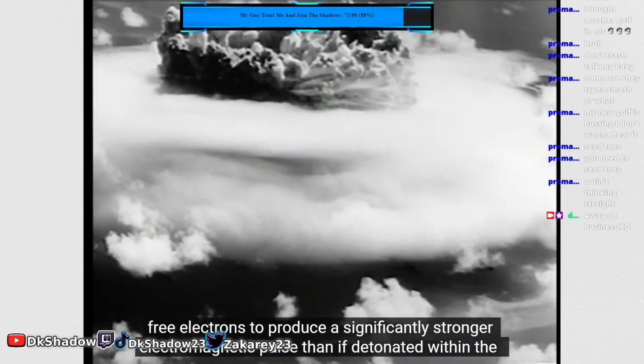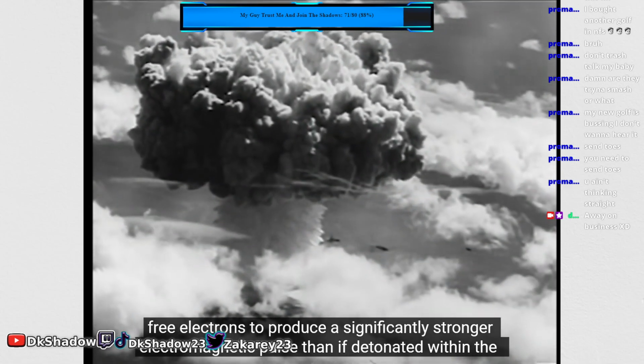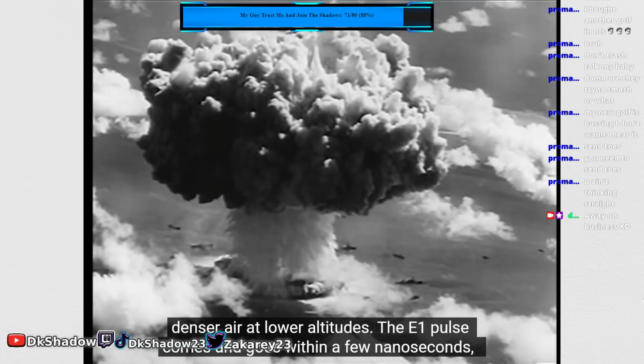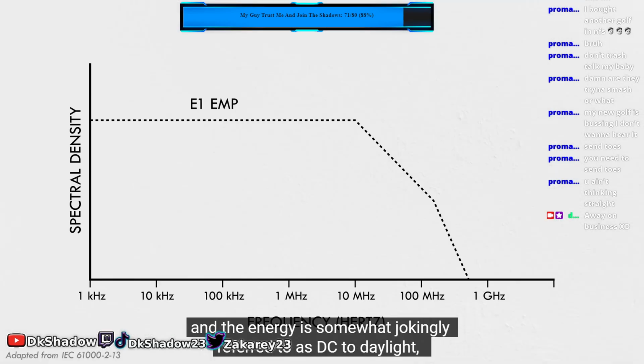free electrons to produce a significantly stronger electromagnetic pulse if detonated within the denser air at lower altitudes. The E1 pulse comes and goes within a few nanoseconds, and the energy is somewhat jokingly referred to as DC to